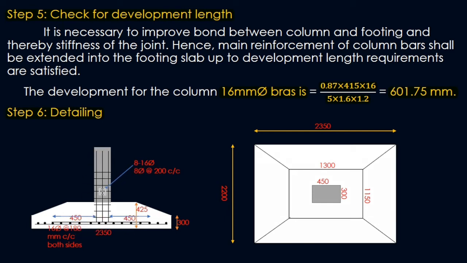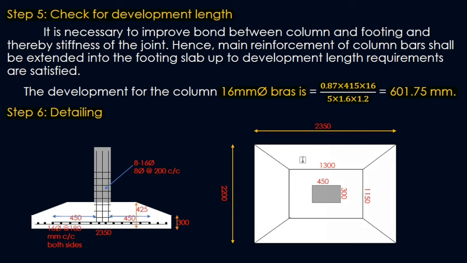Here you can see I have used 16 mm dia bars, just 8 bars of 16 dia. You can just calculate the bars here. The 8 dia bars at 200 mm center to center I also calculated. From the top to the bottom the total height is 425 mm, and the side height of the footing from bottom to the top is 300 mm. So the total width of the footing is 2350, as we all know.